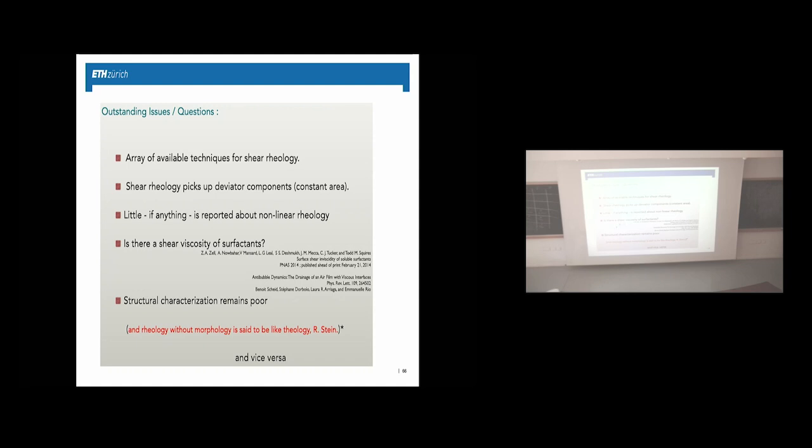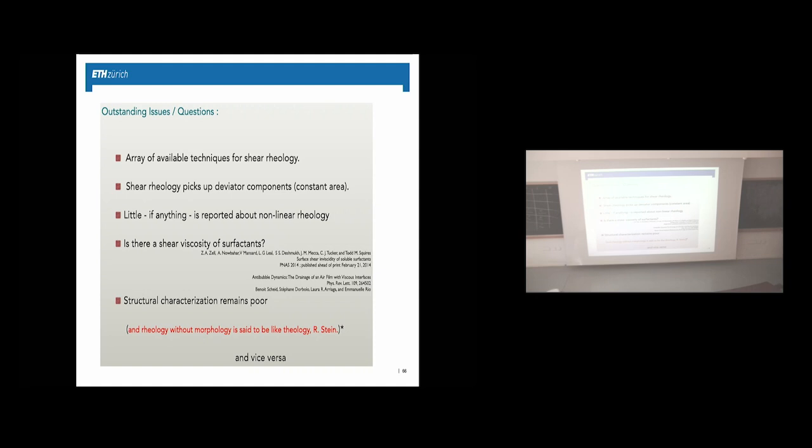A big discussion has been, is there a shear viscosity of surfactant? My good friend Todd Squires says no. My other good friend Benoit Scheid said yes. I think it depends on the nature of the chemistry, but you have to be very careful with the measurements. And then structural characterization remains poor, and I think this quote has already been said, rheology without morphology